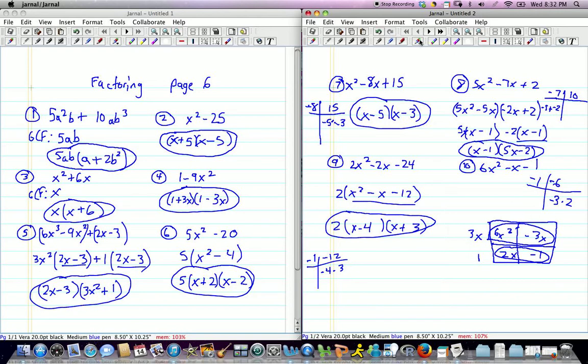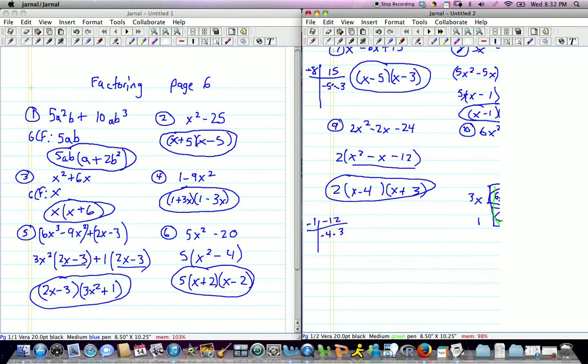Then I'm going to work with columns. So I'm going to change colors here so you can see it. I'm going to look at this column, 6x squared and 2x. And what I'm going to do here,